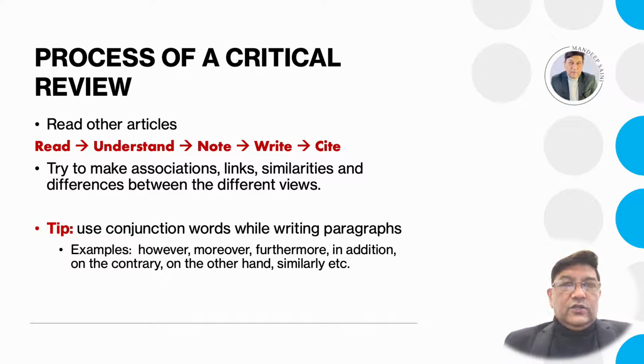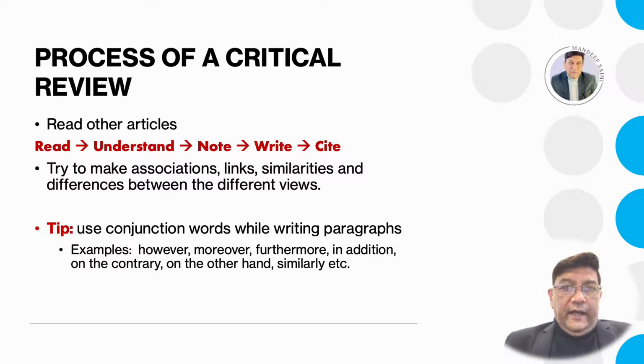The second thing: once you are critically reviewing an article, reading, understanding, making notes, writing it in your own language and then giving the citation, it is possible that you are going to give several citations on one sentence. We will talk about it in another video when we talk about paraphrasing and referencing as well. Now, the tip here is, when you are writing the paragraph, you should be using conjunction words. You can Google conjunction words and you can find a list on Google Images. You can use conjunction words. So, for example,